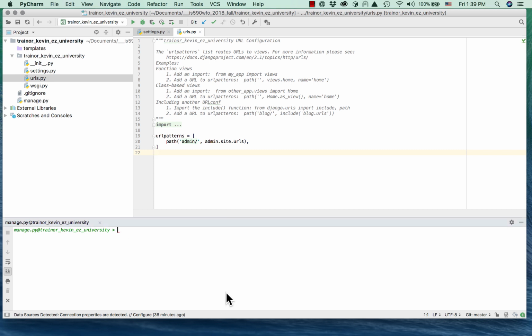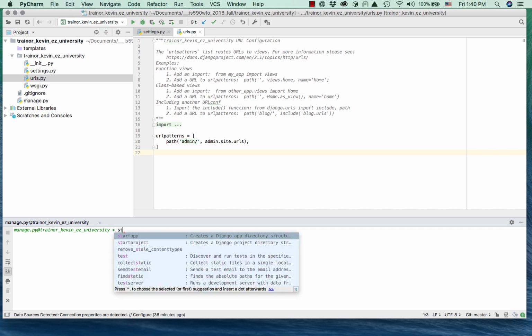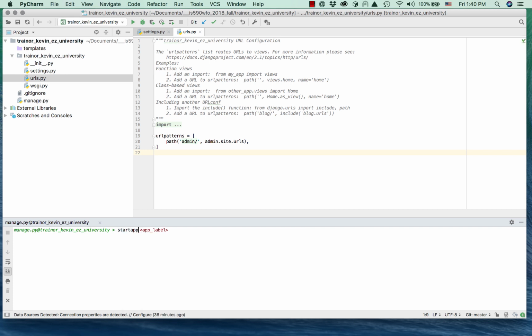We're going to call it Course Info because that's where all of our functionality for the easy university app is going to go. So how do you create an application? You do it with Start App. So we say Start App, and then the app label is going to be Course Info, all one word. So we do that,